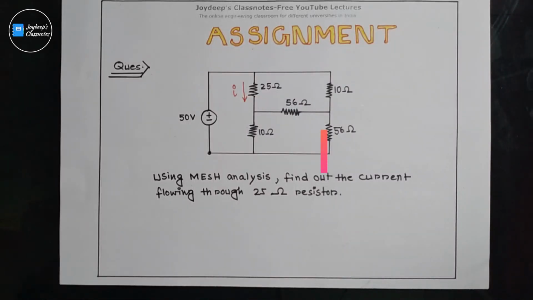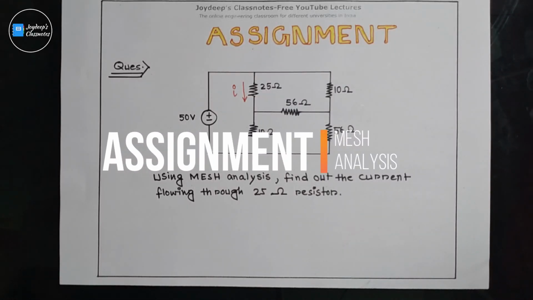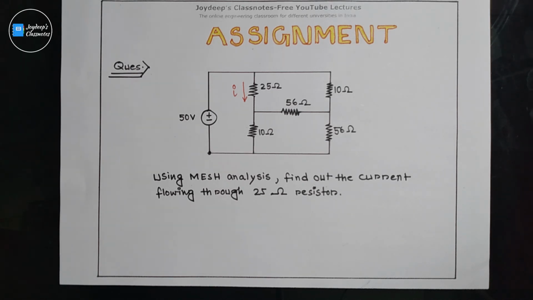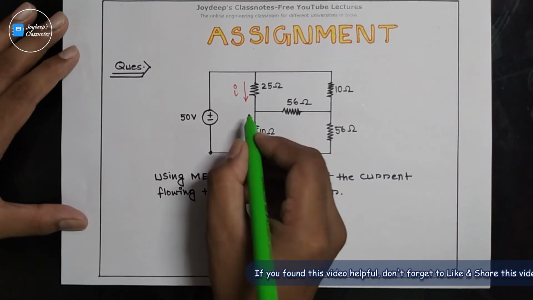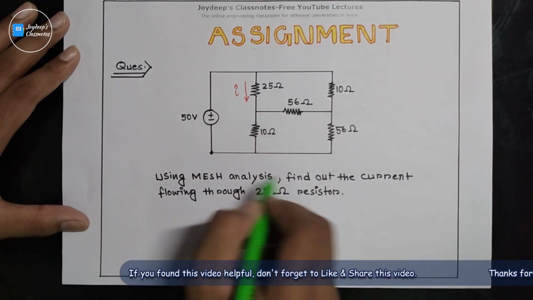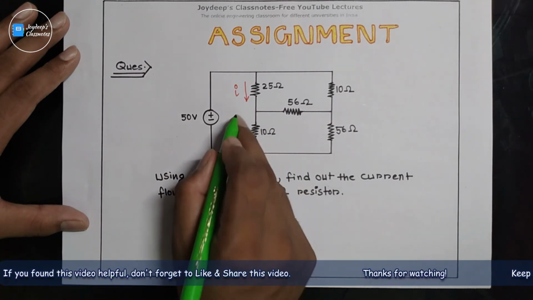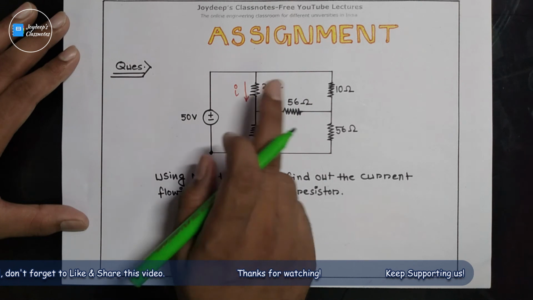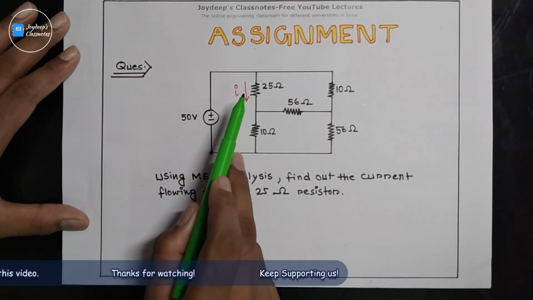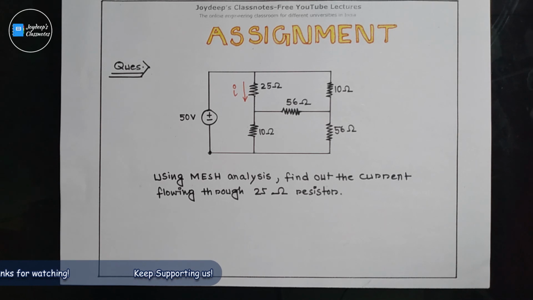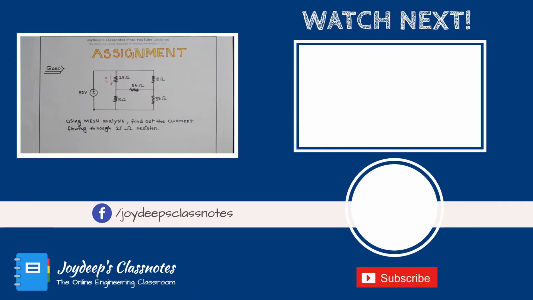So that's your answer for the question. So this is your assignment. The very moment you finish watching this video, just take this question and solve it. What the question says is using mesh analysis you have to find out the current flowing in the 25 ohm resistor, that is this current. Clear? So you just apply mesh analysis over here. How many meshes are there? 1, 2 and 3. So there will be 3 equations. Solve them and find out the current in this branch. And after 24 hours from publishing this video, I'll be writing down the answer in the comments, so you can check over there.